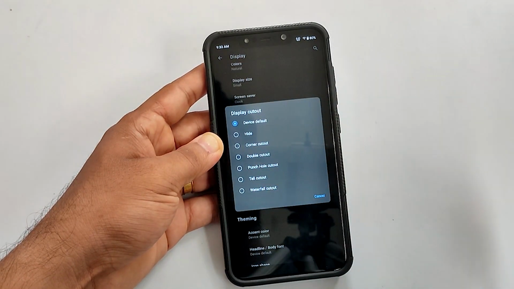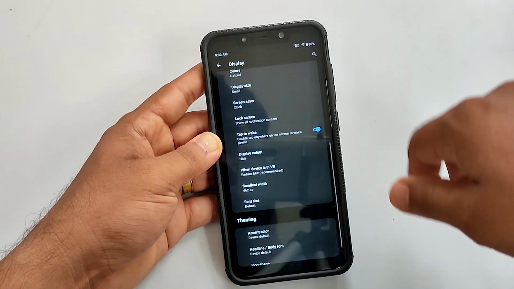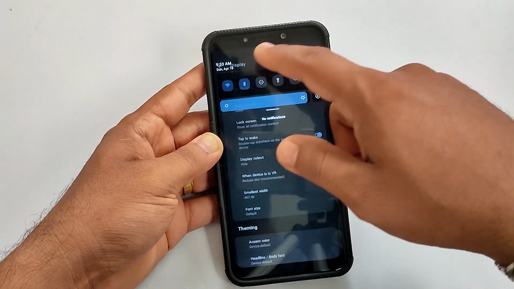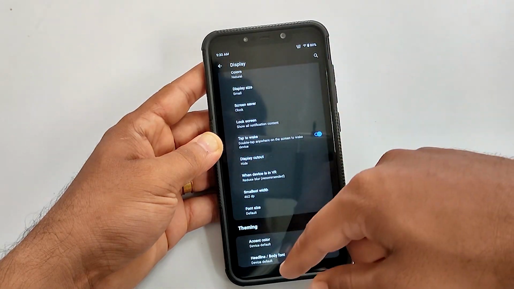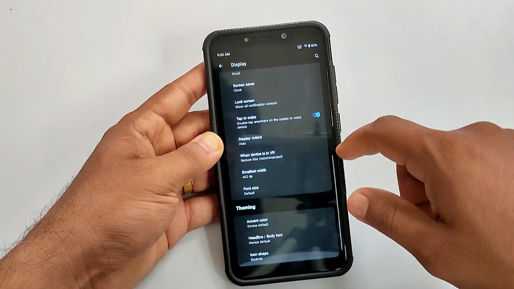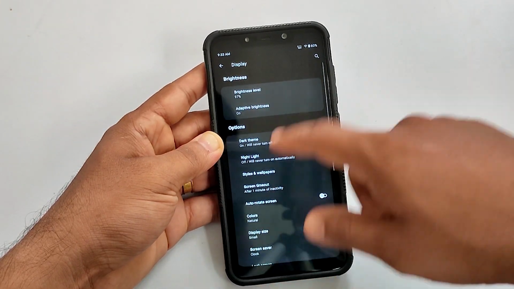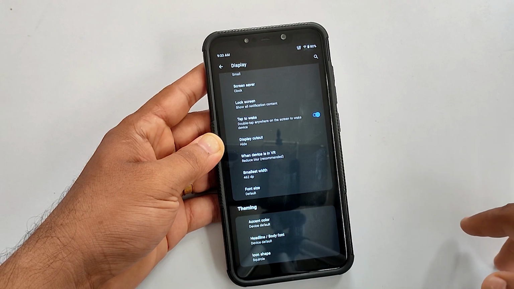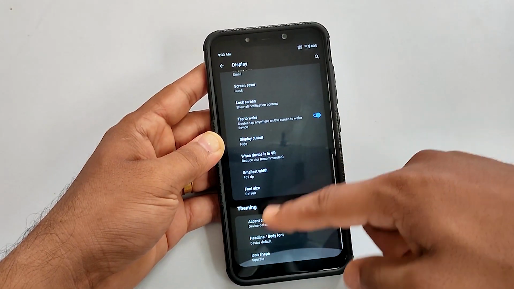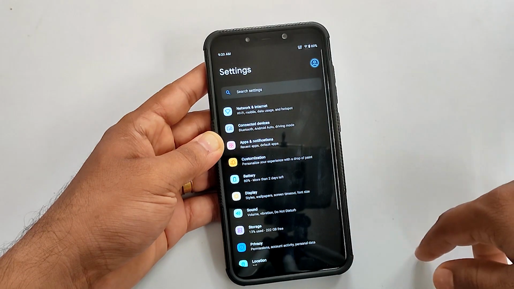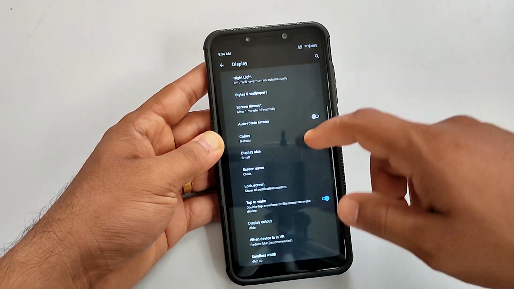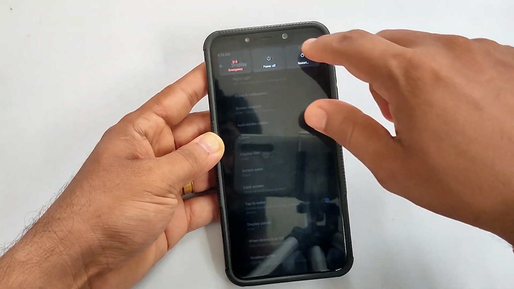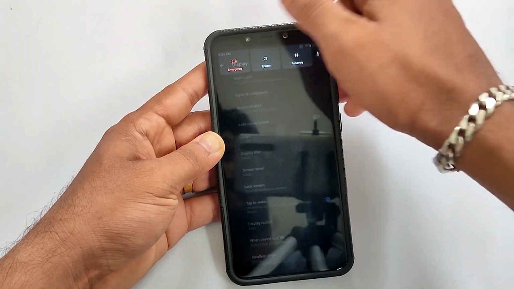Next important thing here is display cutout. Under display cutout, you can hide the notch and there are different options available. But I did notice some bugs here. After hiding the notch, gestures were totally frozen, not able to minimize or close apps. But there is a fix for it. Just change the option to the previous one, or just reboot if you want to stay in the new option you selected. After rebooting, everything will work as normal.